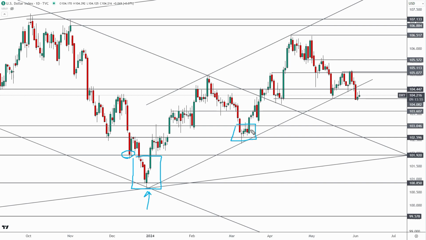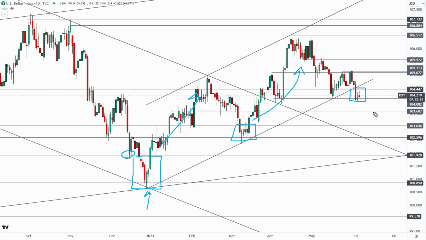So we have seen this from the DXY before. So this right here could be another one of these scenarios. And again, this isn't about being a perma bull. This is just about weighing out the scenarios and also knowing that you can see how effective this is. Okay, if we were to get something like this where the market reclaims 104.5, then that of course could be dollar bullish. And alternatively, like I said, if we see this continue lower, break below areas like 104, a sustained break below here, then we could just get that stair-step pattern down there toward levels like 103 and 102.